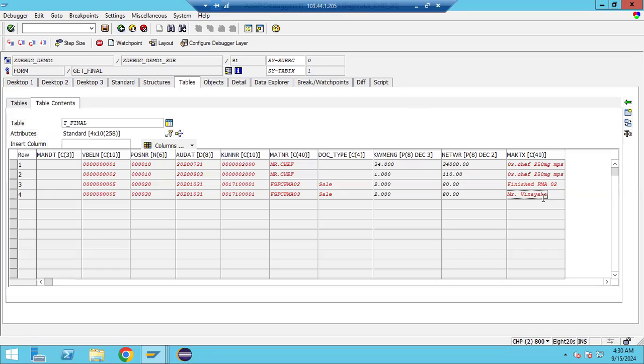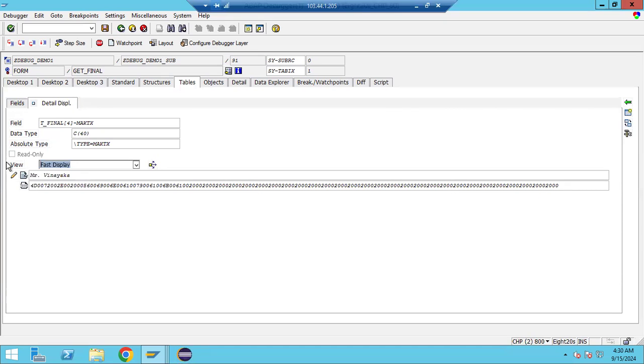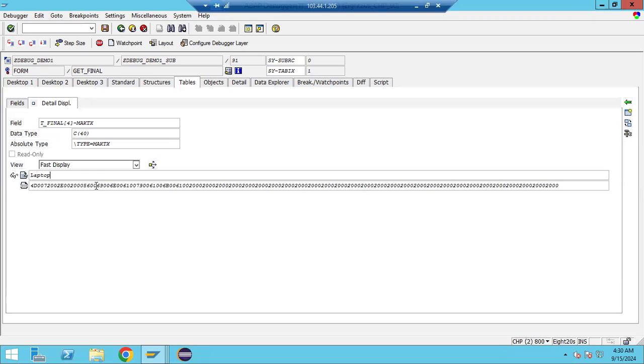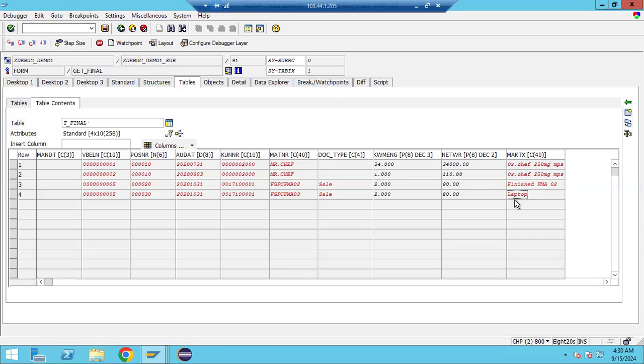This is the material description, right? Laptop. This is the material description. I have just changed it here. Okay, fine. Now,